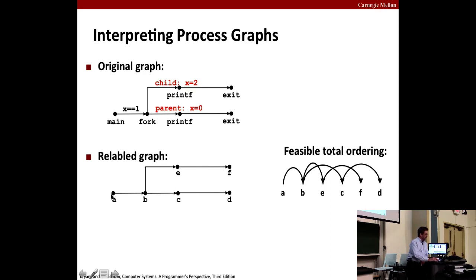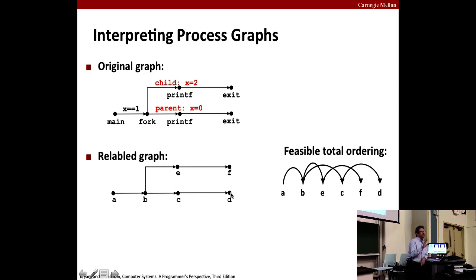So here we have A executing, then B, then E executes in the child, and then at this point the kernel decides to swap out the child and now let the parent run. So the parent picks up and executes C, and then it gets rescheduled. Then the child gets scheduled and executes F, and then the parent runs and finally finishes.